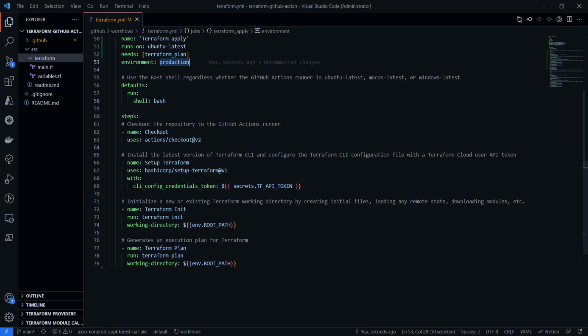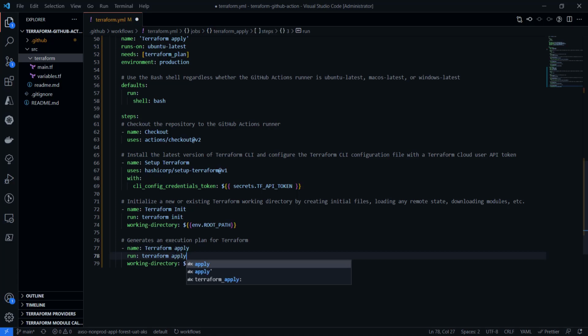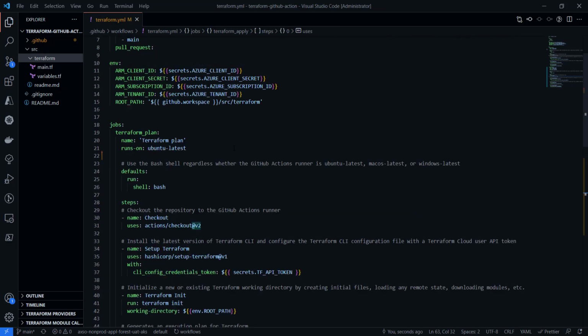Just before that, I would like to use the Terraform apply command, and I'll say auto approve. That will run the Terraform apply command with auto approve. That's it. Now I'm ready with the change.